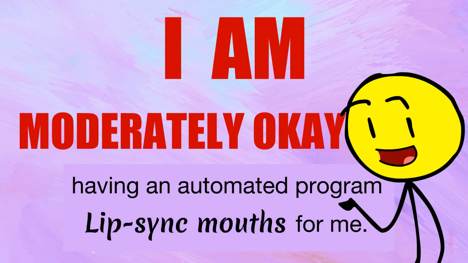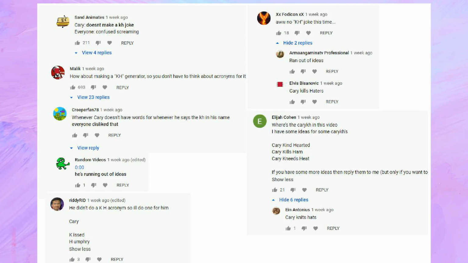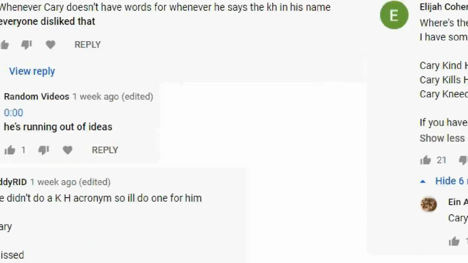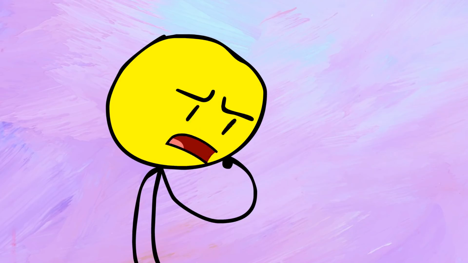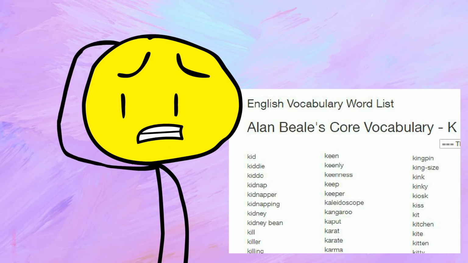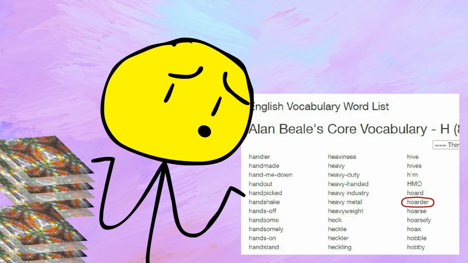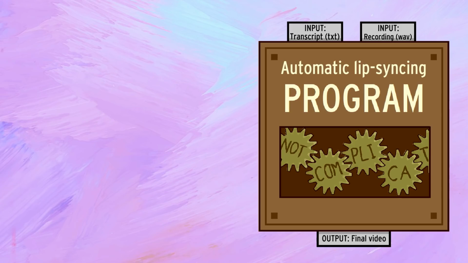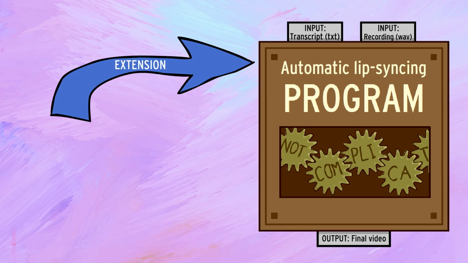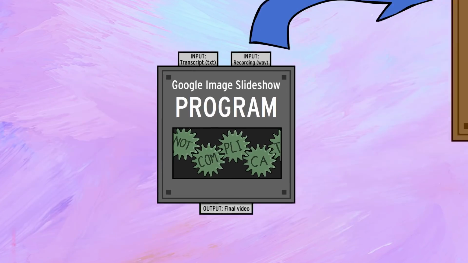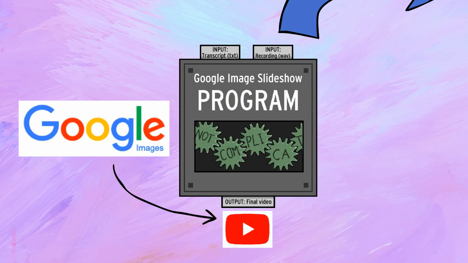So let's see what that would look like. Hi guys! Wow, you guys were really upset that I didn't make a KH joke last time. So hi, it's me, Carrie, Kaleidoscope Hoarder? Anyway, this project is an extension of my program that automatically creates YouTube videos with Google Images, which I finished